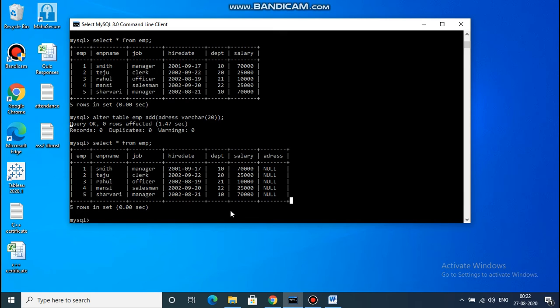Okay, after that the next alter table EMP and modify the address varchar 40. Means previous size I have given 20. Now we have to modify it with size 40.